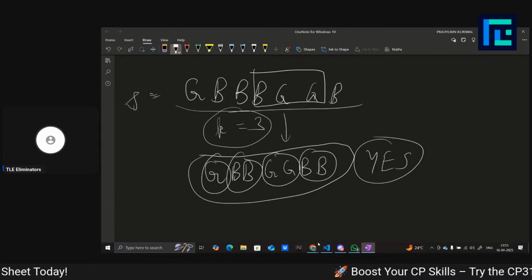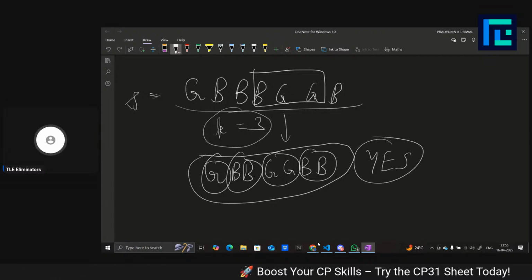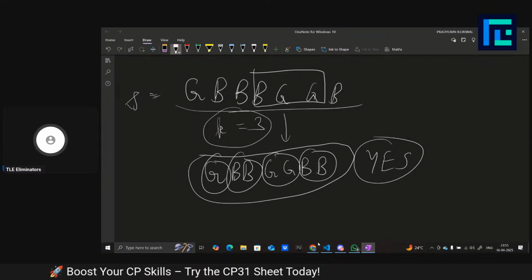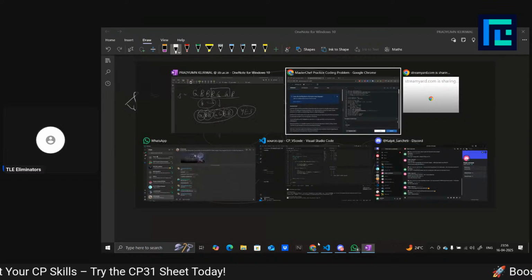That is the problem right here, that you have to print yes or no, that in at most one operation is it possible to ensure that the chef is not annoyed. Okay,